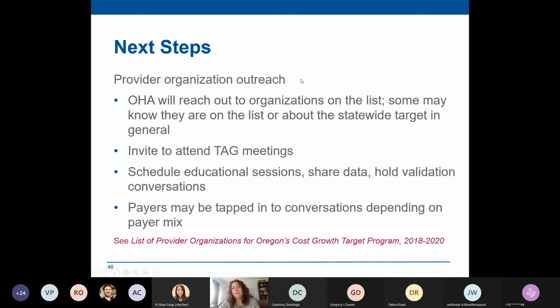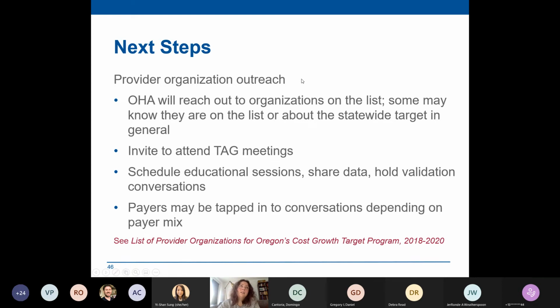Those of you who are both payer and provider organizations, you've already gone through this with us on the payer side. We expect it to look very similar on the provider side, but there might be others in your organization that need to join those conversations, or it might be a slightly different mix of folks. So we'll be reaching out. Those of you who are both payers and providers will probably be reached first because you've already gone through this once, and we want to start testing those conversations and refining them with you. So heads up that this is May.